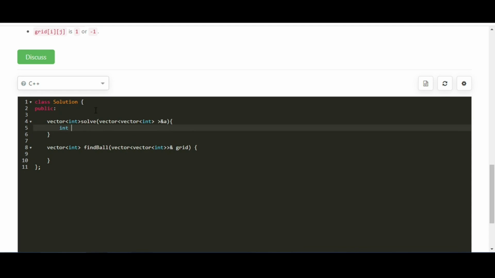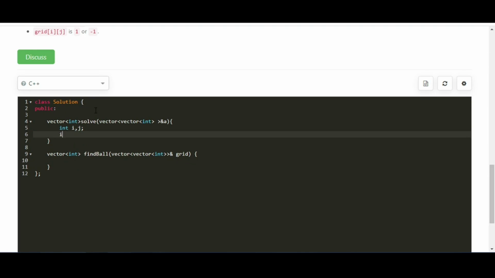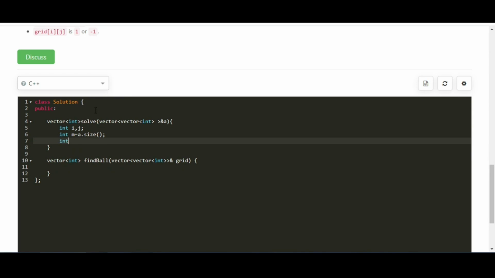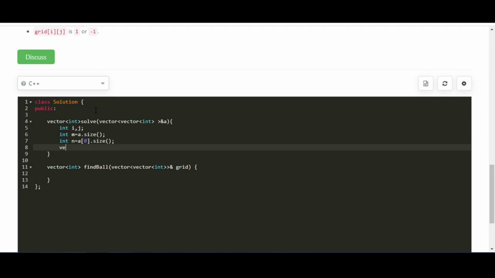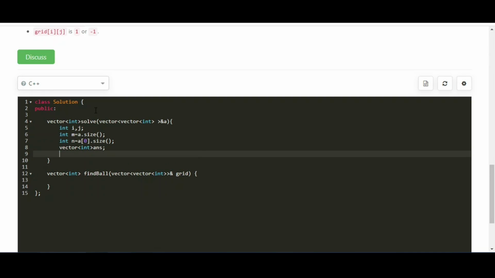Let's initialize some variables. M denotes the number of rows, and N denotes the number of columns. So we are making the vector named answer. The answer will contain the answer to our problem.